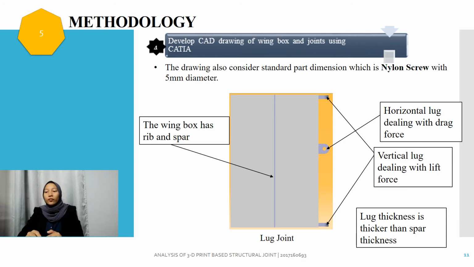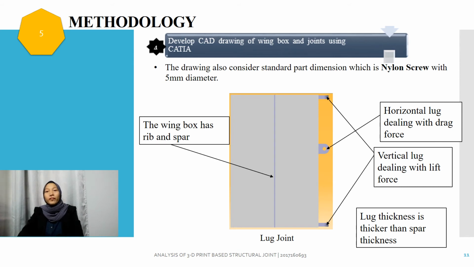Horizontal lug deals with drag force, meanwhile vertical lug deals with lift force. The lug thickness is set to 3 mm, thicker than the spar thickness, which is only 2 mm. It is important for the lug thickness to be thicker than the spar thickness to withstand the load,